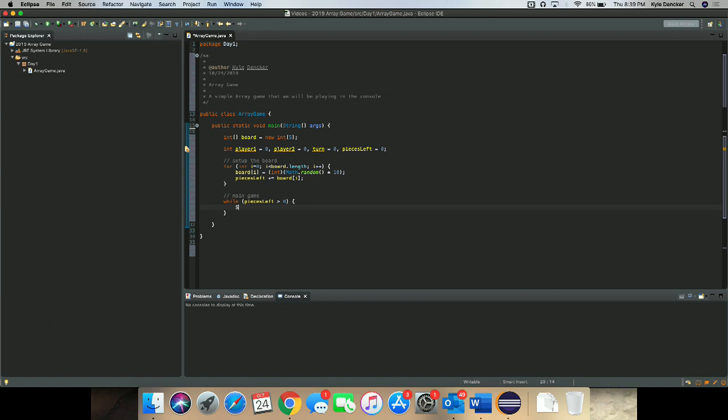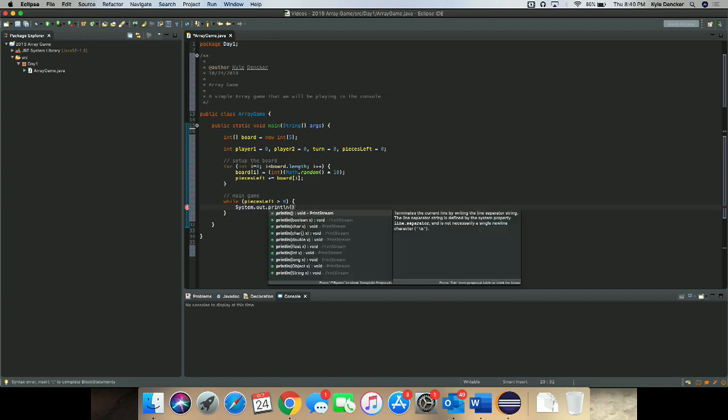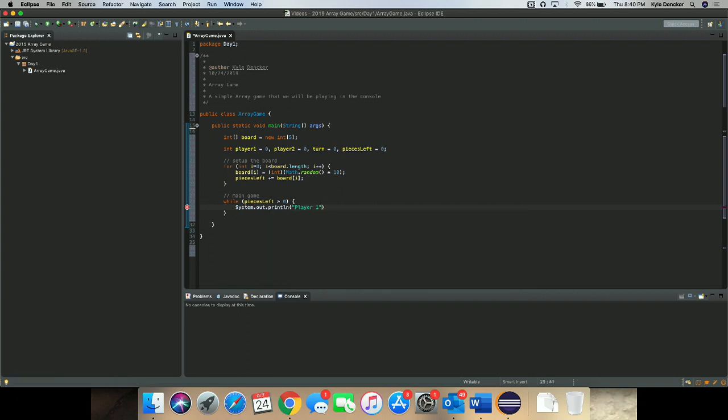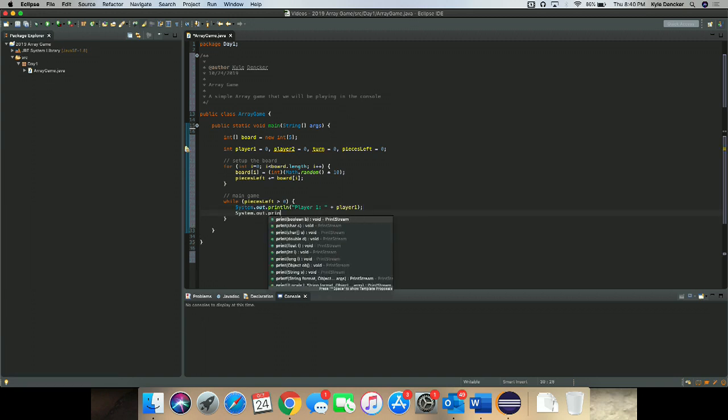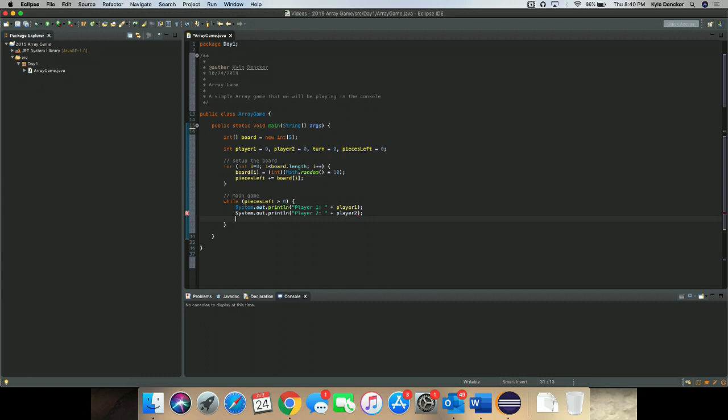So first thing we're going to do is system.out.println. We're going to do player1 colon, and we're going to print out the player1 score. We're going to do another system.out.println player2 with the player2 score. Now, the way we're going to determine whose turn it is, we're going to write turn in here,